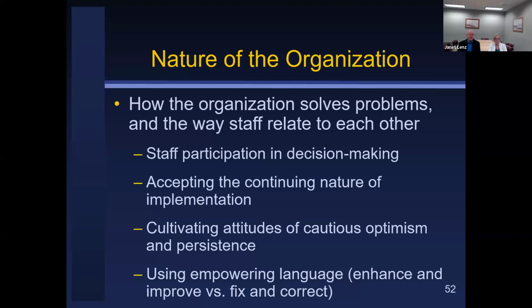Knowing that implementation is an ongoing process. Things change, organizations change, and you have to fine-tune things. And having an attitude of cautious optimism and persistence. Those are the two attitudinal things that are most important. Cautious optimism: I think this is going to be good, but I'm going to wait and see. I'm going to look at the formative data, I'm going to look at the summative data, and we'll change it if it needs it. But I think this is going to be a better way of doing this. And persisting when things don't always work out when you think so.